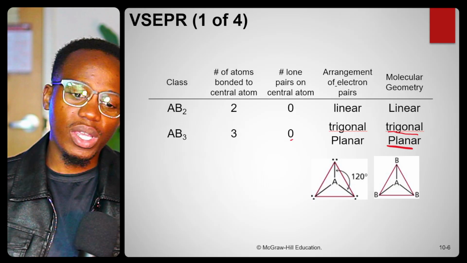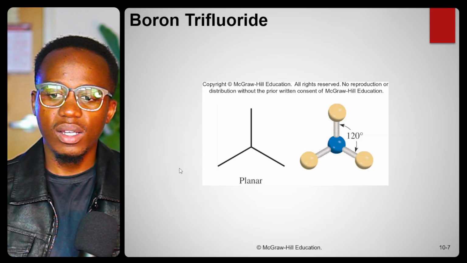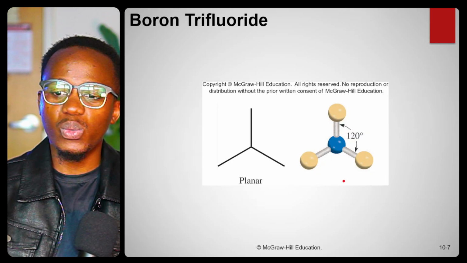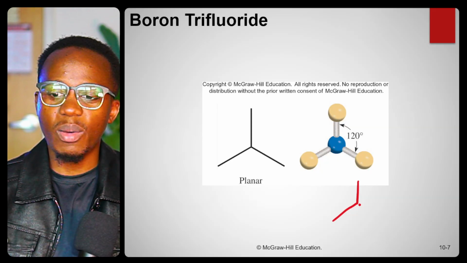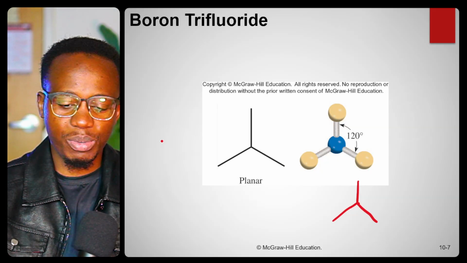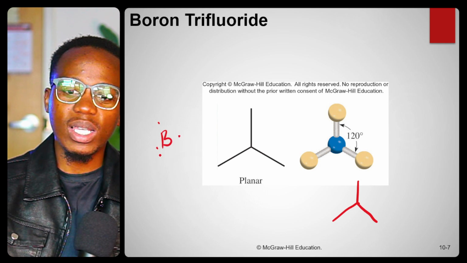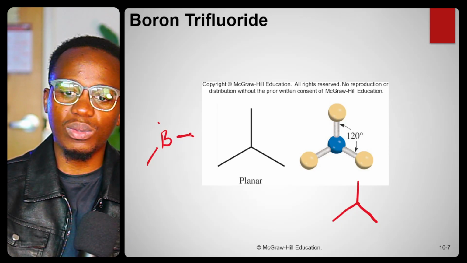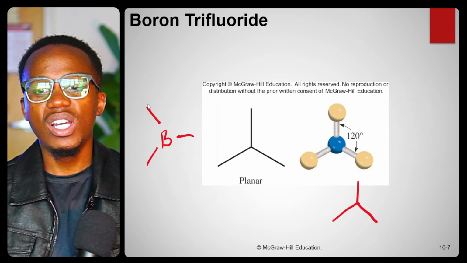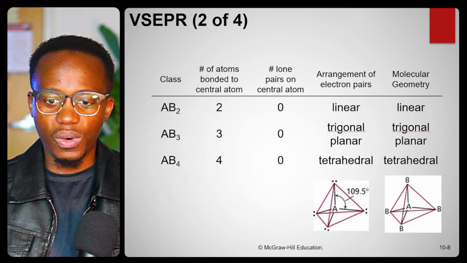So an example here can be boron trifluoride, right? So boron trifluoride is an example. You realize that the angle is 120 because they are spaced apart like that, right? And if you go back to the periodic table, you will see that boron has three electrons. So it makes sense, right? It makes sense that it binds to three things like this, right? So this is the geometry of boron trifluoride, right? What if it's four things? Four things bound